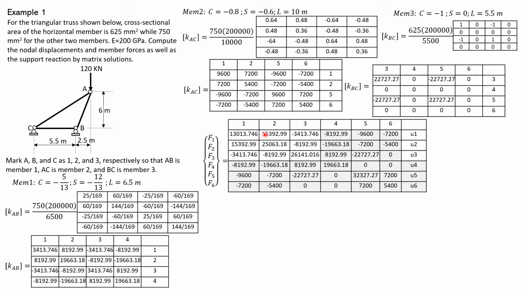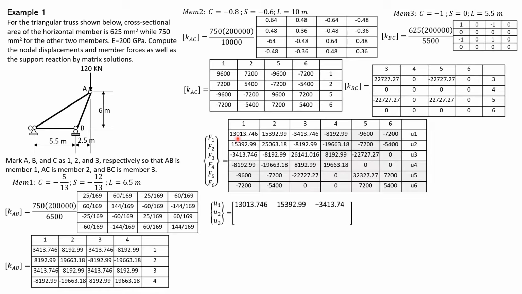This unshaded column. So F1 is 0. There's no horizontal force at A. F2 is negative 120,000 newtons. F3 at B is again 0. So F1 again is 0, F2 negative 120,000, F3 is 0. So U1, U2, U3 is equal to the inverse of this matrix. So let's copy that